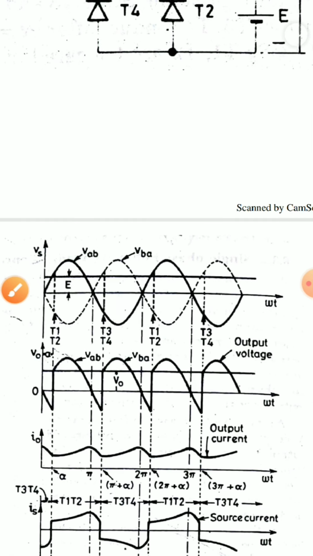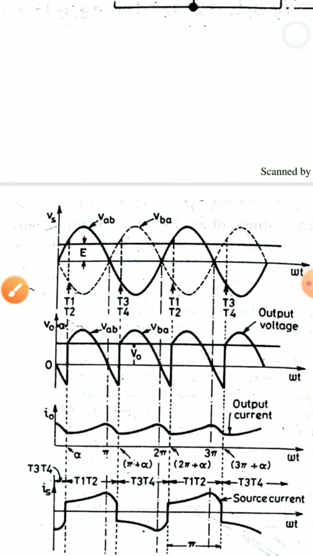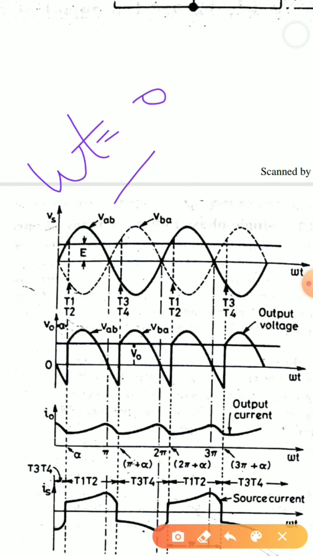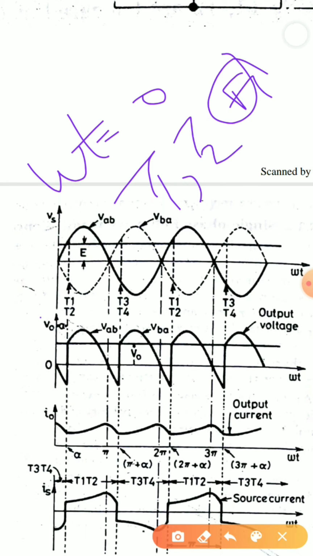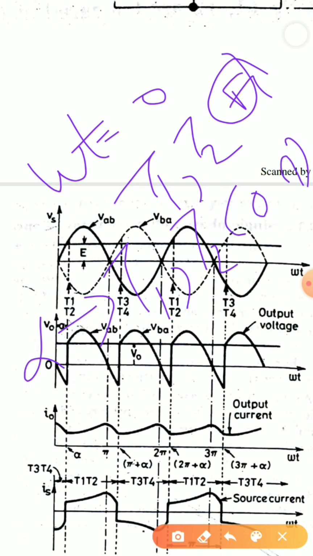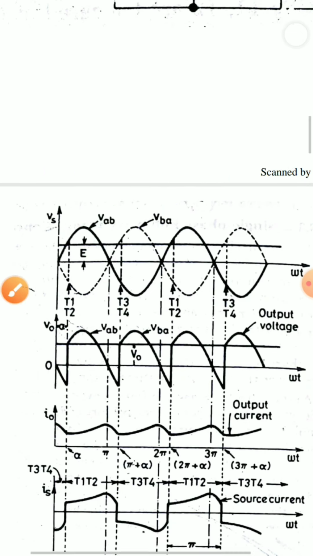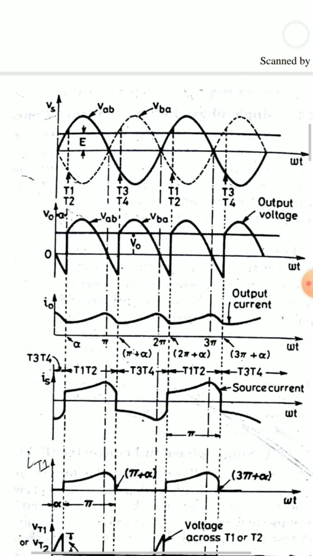All these things we have discussed when we are discussing single phase half wave converters. So here we can see that at omega t equal to 0, my thyristors T1 and T2 will become forward biased. Then it is not turning on, it will turn on at alpha. T1 and T2 will turn on at alpha duration. Then we can make out that when pi is reached, T1 and T2 are turning on at alpha.